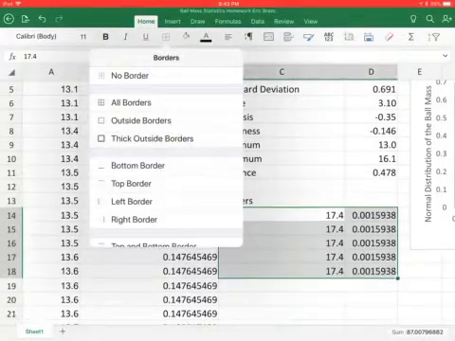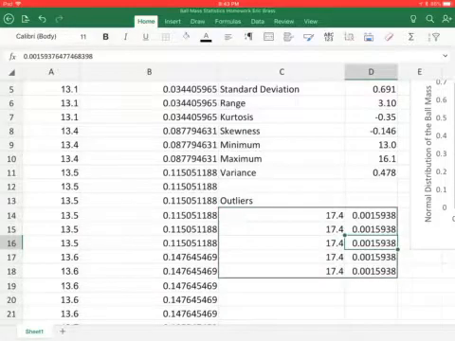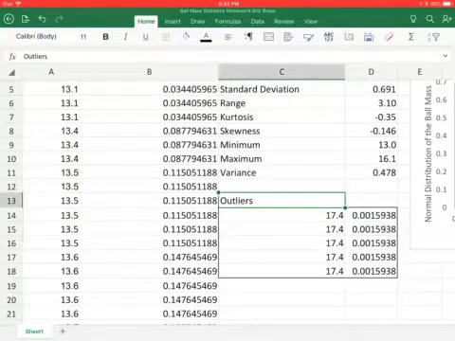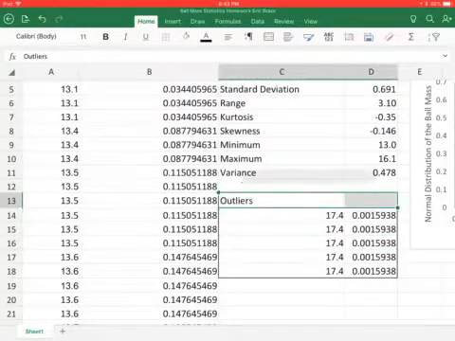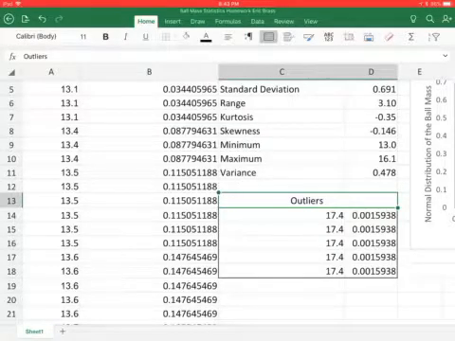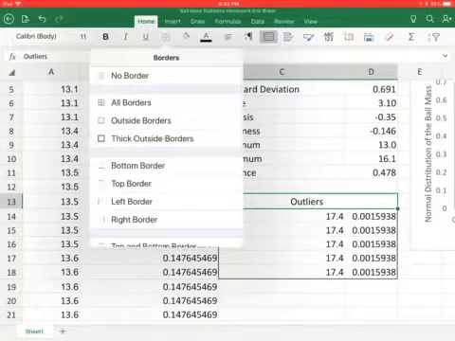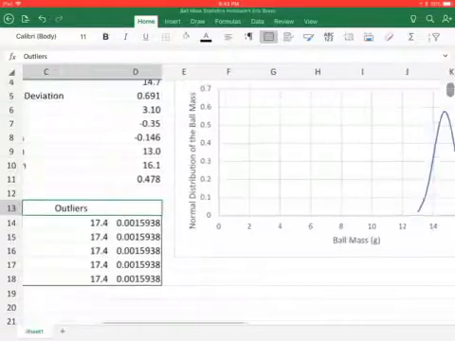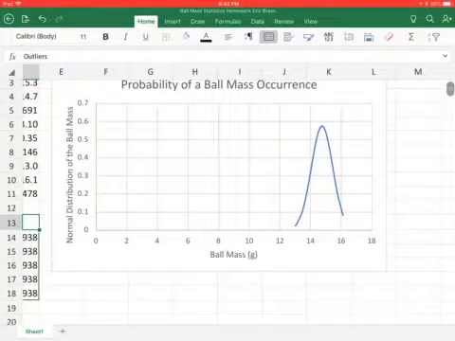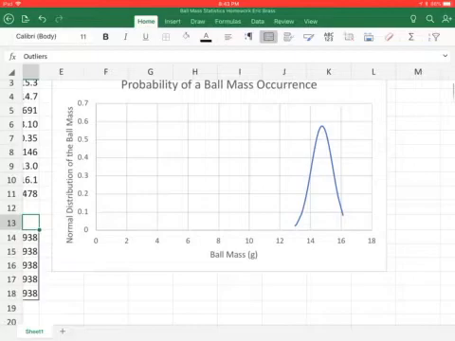I'll put a thick outside border around that, and I'll merge that and put one around that one as well. So these are the outliers that I'm removing, and you'll see that the graph is pretty smooth. Now I'm going to stop right here because I'm going to continue to work on this